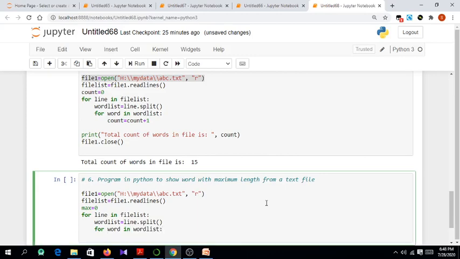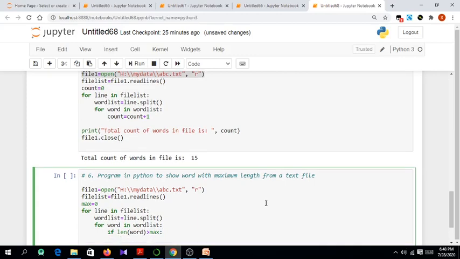Now here we will compare if the length of each word is greater than our current max. Because max is 0, the first one will of course make this if condition true. So whenever I find a word with a length greater than our current max, then max becomes the length of that particular word having higher length.